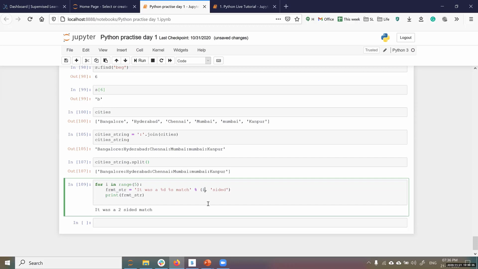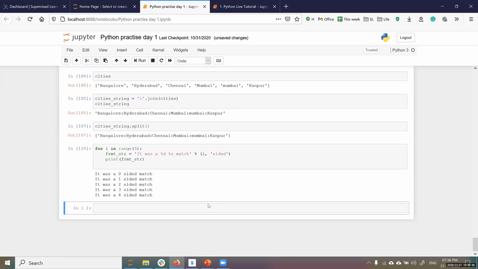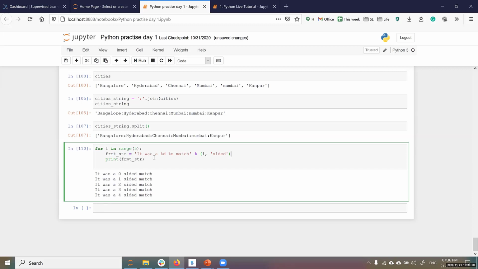This is how it works, so I can keep changing. Of course, I didn't change the sided part here, so 0-sided match, 1-sided match, 2-sided match doesn't make sense, but yeah.